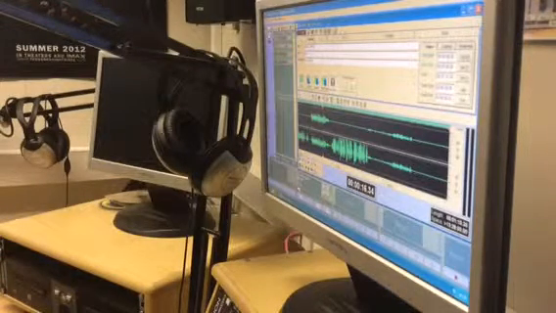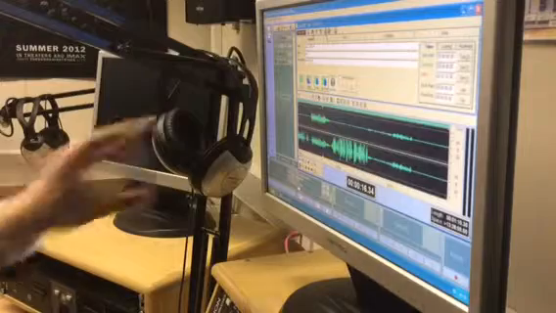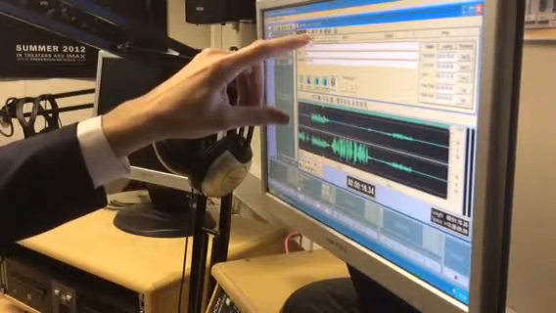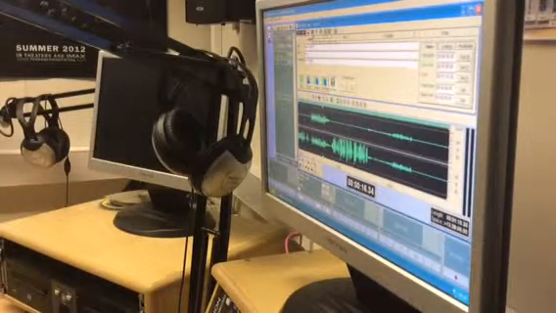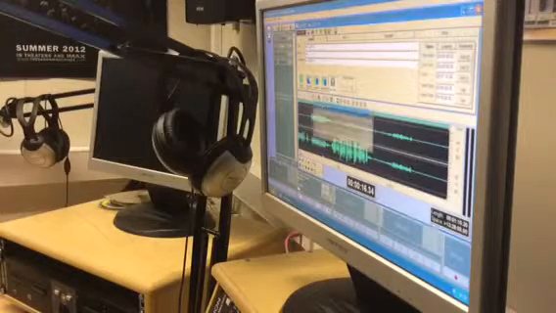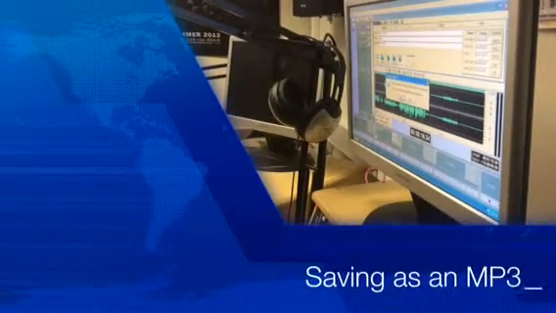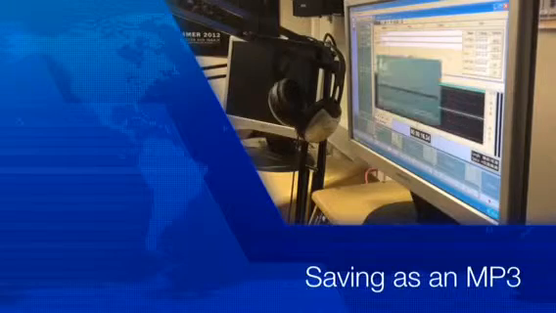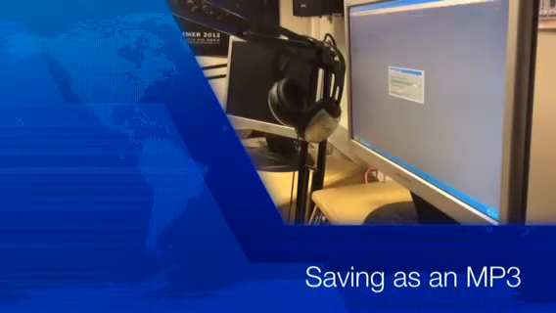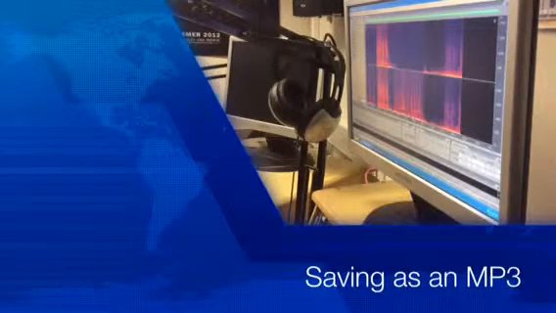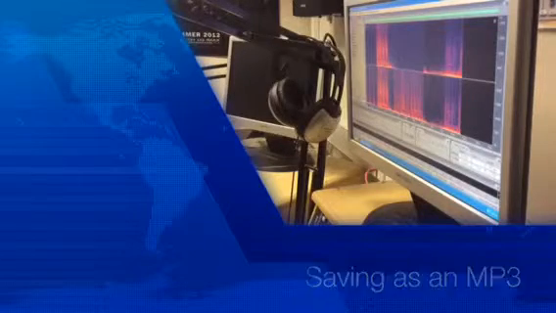Once I've done that, then I need to press this button up here, not the save one, but edit the audio with an external editor. That's because this is the only way to get it as an MP3. So it says before the audio can be edited with another editor, it must be saved. Do you want to save this with the cart details? Yes, please. It automatically opens Audition, and if you want to make any other sort of little